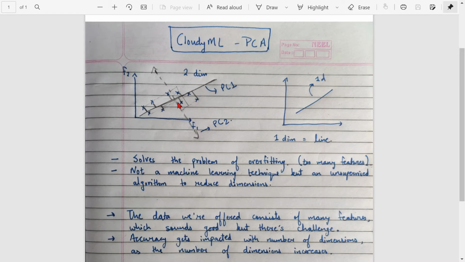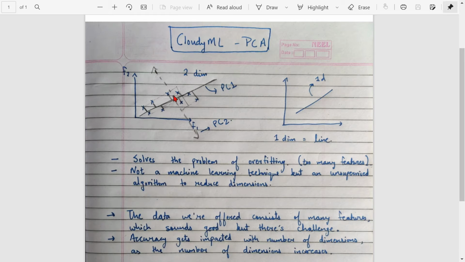Now let me change my view. Now let me look from an angle which is through this line. If my eyes are over here where my cursor is right now, and if I look, then there would be a line which is orthogonal to my principal component one. Principal component one is this line, and this will be my principal component two line. I will see another line, but it will have a higher variance because these points are very far away from this line. Always remember that from PC1, if you are going for PC2, another line, then we take an orthogonal line, a line which is orthogonal to PC1.